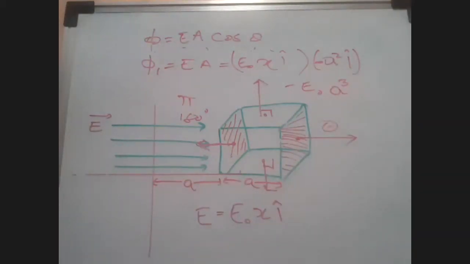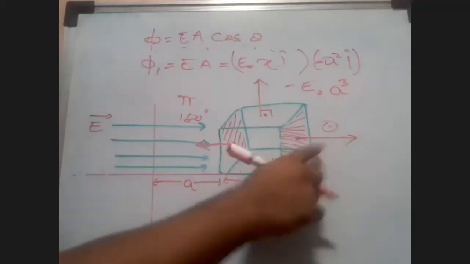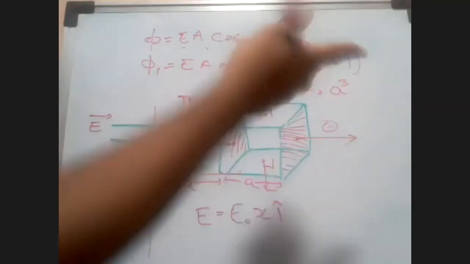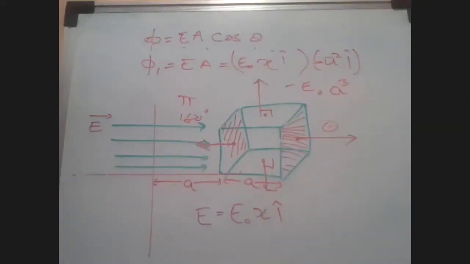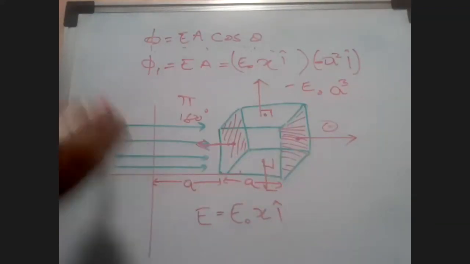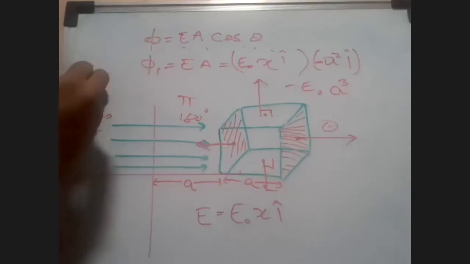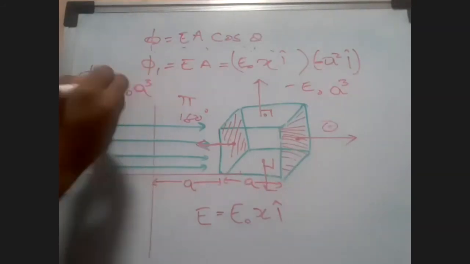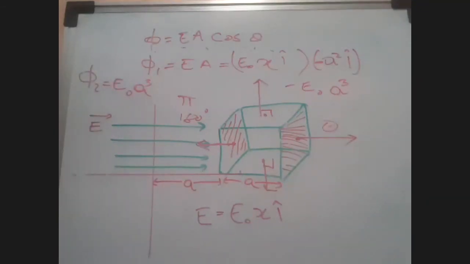Okay. Now what is going to be phi 2 then? Surface area of this, the flux through this. It's going to be cos. What will be cos? Cos 0 degree. It's not going to be 180. That means phi 2 will be what? What is flux through second surface then? E naught A cube. But someone is making a mistake here.